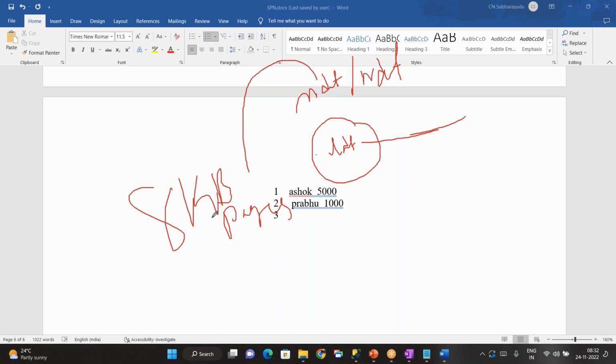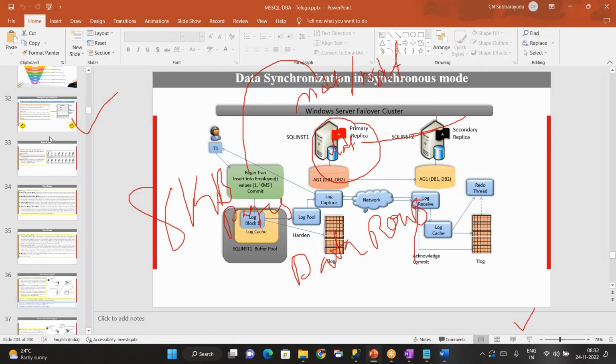So how is your data stored in SQL Server? In the form of pages. Each page size is 8 kilobytes. It contains a header, a footer, and actual data rows. That is the page architecture, sir. What is your page architecture? If someone is asking,